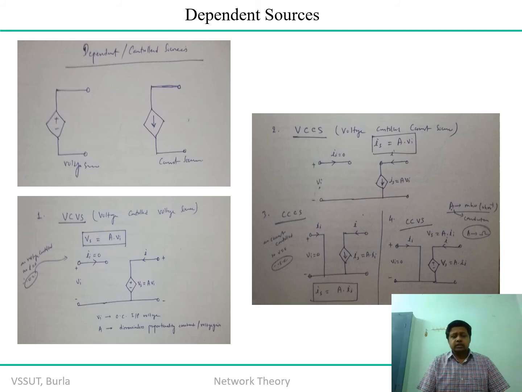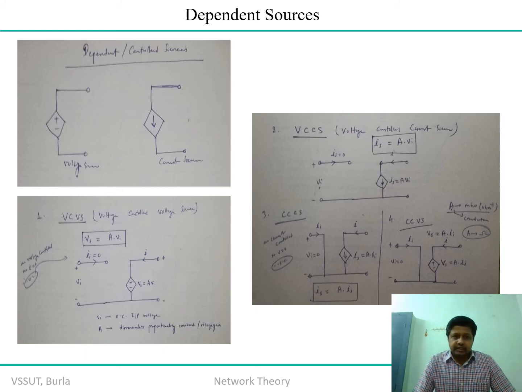If you see, this is nothing but the ideal model of a transformation circuit like an amplifier. Let us consider one by one. Number one is the voltage controlled voltage source. In this particular model we have represented my voltage source as equal to A of Vi, where A is the dimensionless proportionality constant, or the gain of the network, and Vi is basically the input voltage.